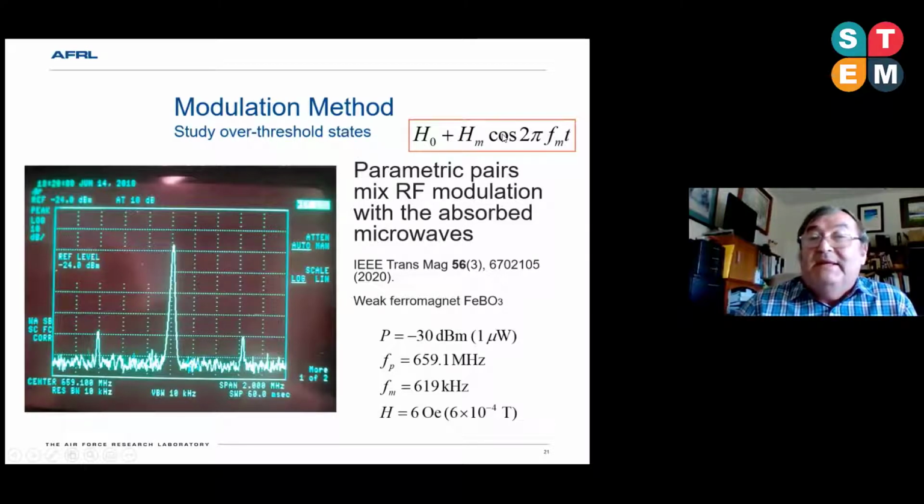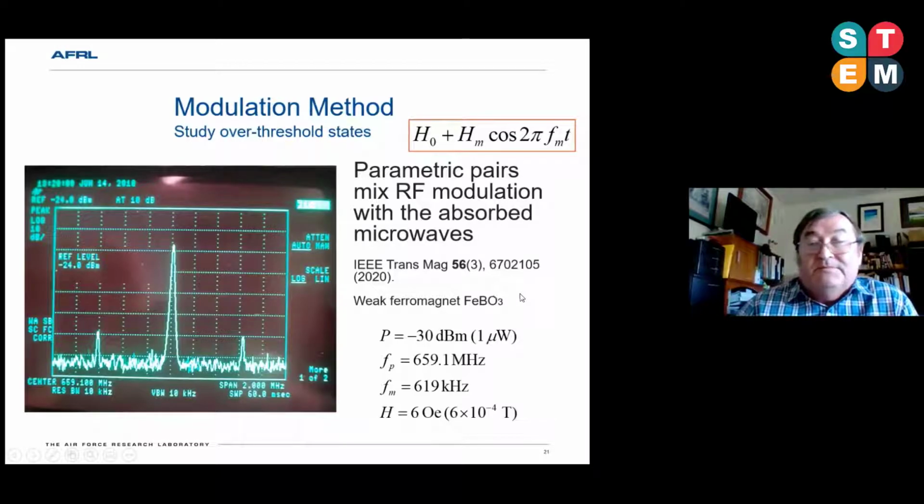In addition to the steady magnetic field, we modulate it with some slow frequency, a weak modulation of this field. And if we have parametric pairs in the system, this modulation mixes with the parametric excitation. And this is an experimental demonstration obtained on the weak ferromagnet iron borate,